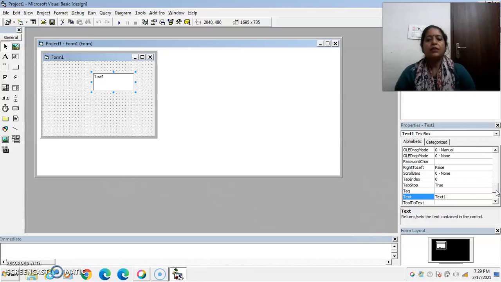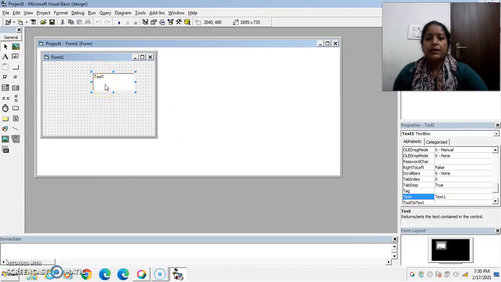Also, we can make the text box read only, we can make the text box a password box, and we can make a text box multi-line. Because of these features provided by the text box control, we can call a text box control a small editor control.